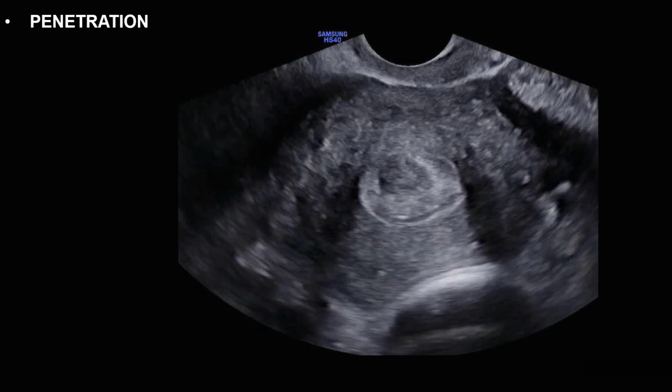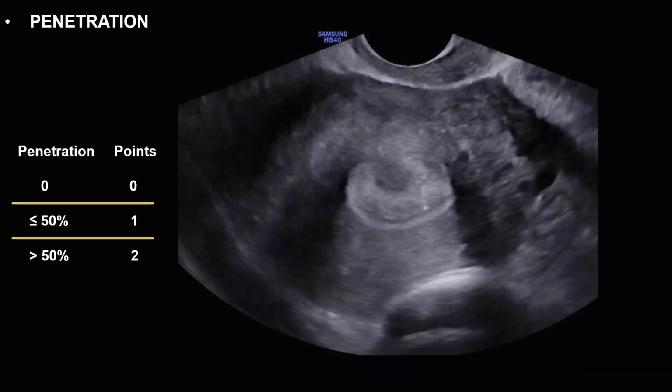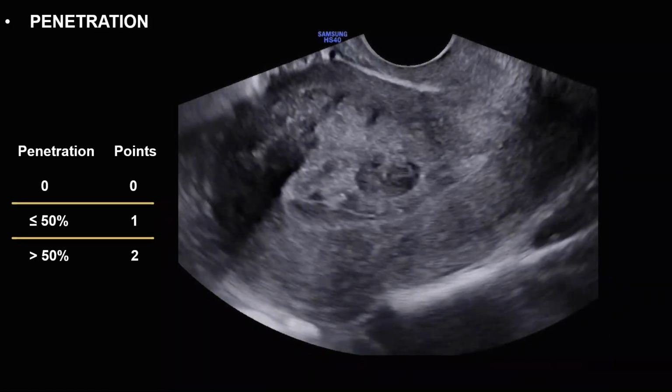Penetration of the nodule into the myometrium assesses whether the fibroid is completely inside the uterine cavity, and in this situation, it receives a score of 0 points. If the fibroid has its larger part inside the uterine cavity and its smaller part in the myometrium, it receives a score of 1 point. And if the fibroid has its largest part in the myometrium, it receives a score of 2 points. In this patient, the intramural component of the fibroid is greater than 50%, so a score of 2 points was